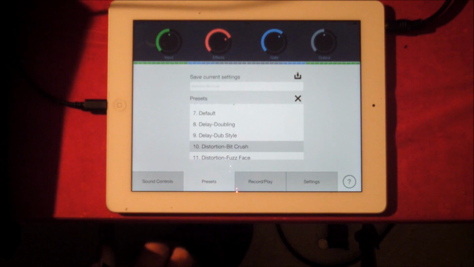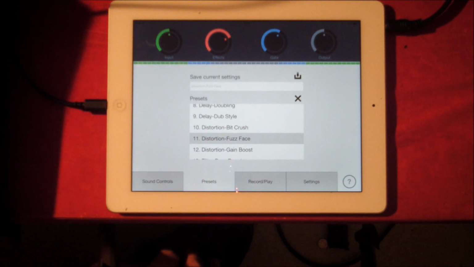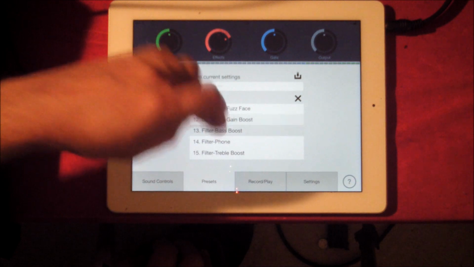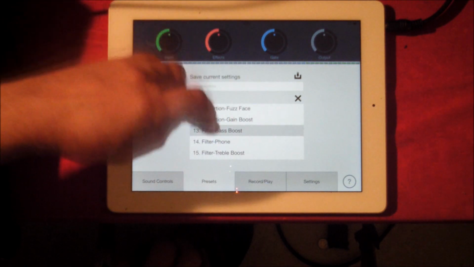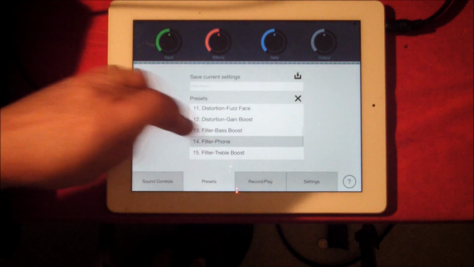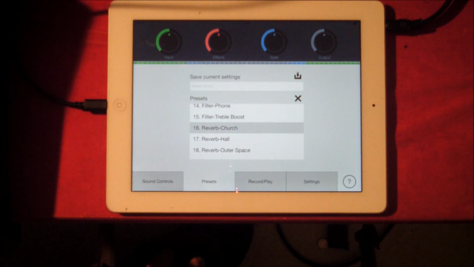We have a distortion bit crush, which will be really good for your death metal. Distortion fuzz face, which would be even better for death metal. And the distortion gain boost. Filter boost. Filter phone, so you can get your telephone effect going on. Filter treble boost. Nice. Reverb, church style. Now, if we go into a Gregorian choir,